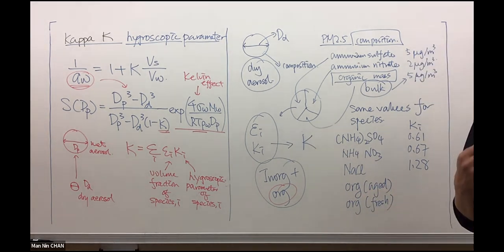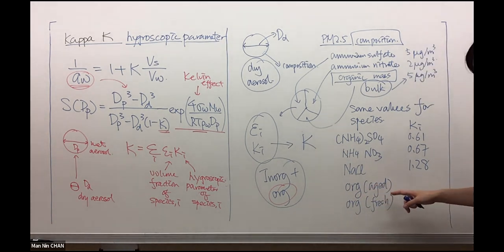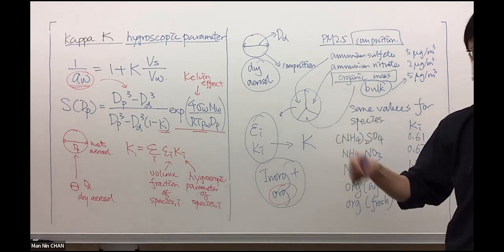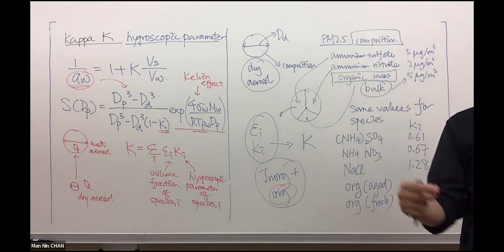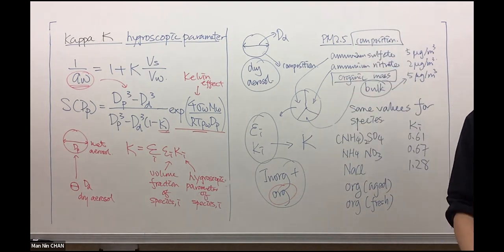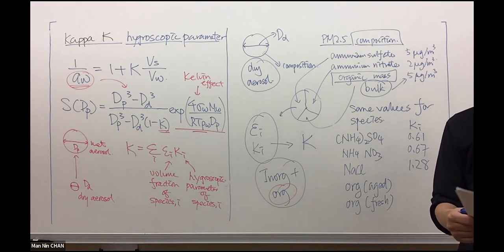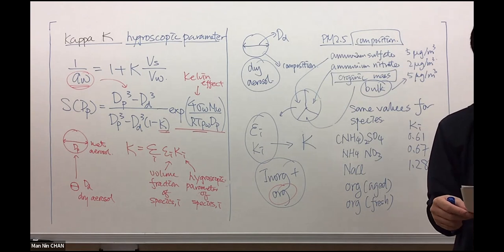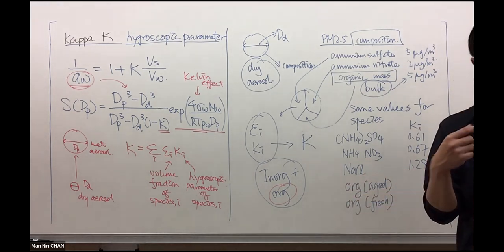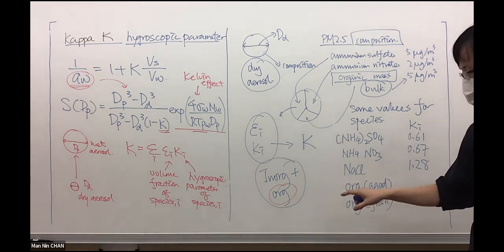So usually they have two classes for you. One is called the aged, and one is called the fresh. Fresh means your organic just formed or was emitted to the atmosphere. Aged means the organic compound has been staying in the air or in the atmosphere for a long time, and then goes through some chemical processing. But the general idea of agreement nowadays is